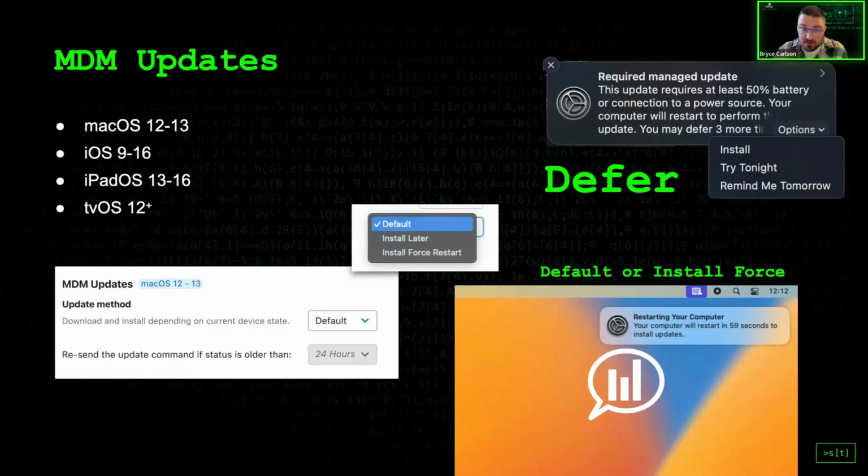So MDM updates, that first version of that, like I said, for those earlier versions, there's not that much to control with it, because what's effectively happening is you're sending a command at that point in time when that policy runs, or if you do it via go live, and you're saying, go do this update for this version right now. The only thing that you really have control over is what version you're sending, and then the install option method, which is going to be default,